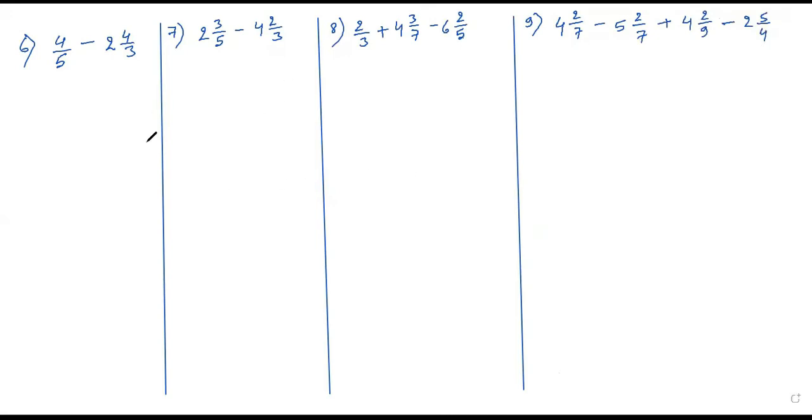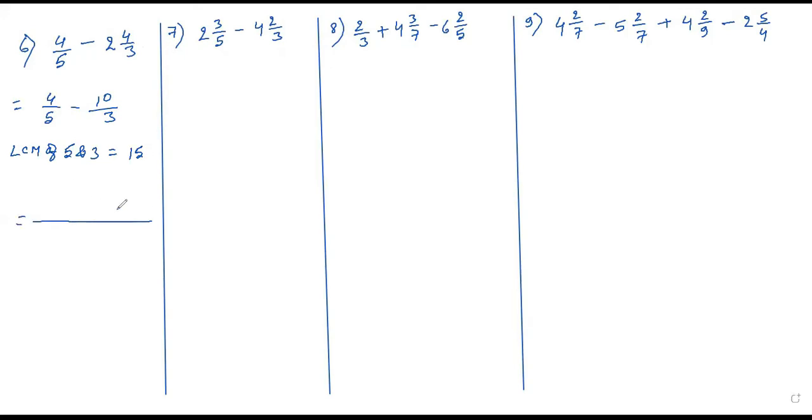Okay, now see the 6th number. Again, the 6th number is not that difficult. It is the same as the 5th number, I think. See here, one value is in the simplest form, and this is a mixed fraction. So convert all of them to simplest form. This is already in simplest form, so just write it as it is: minus 3, 10 by 3. Now the denominators are different, so we have to take the LCM. The LCM of 5 and 3 became 15.